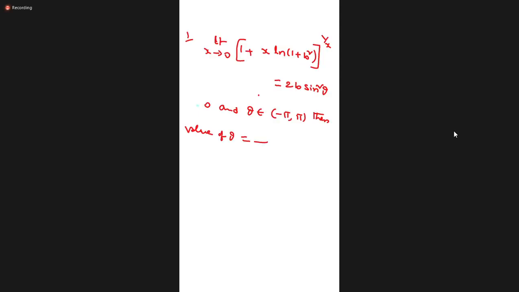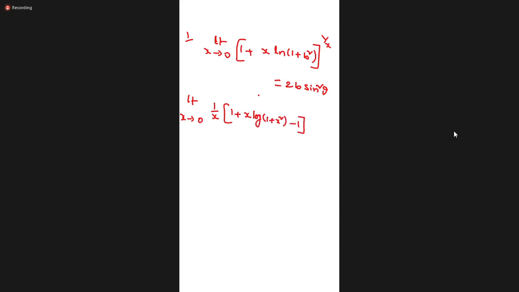So here, these conditions I will erase. If you see the limit, you can directly observe that it is one power infinity form. So one power infinity, how to simplify, you know. The same thing we'll do here. Limit x to 0, power into g of x into f of x minus 1, which is equal to 2b sine square theta. Right side, no simplification. Just continue with the right side, whatever is given.